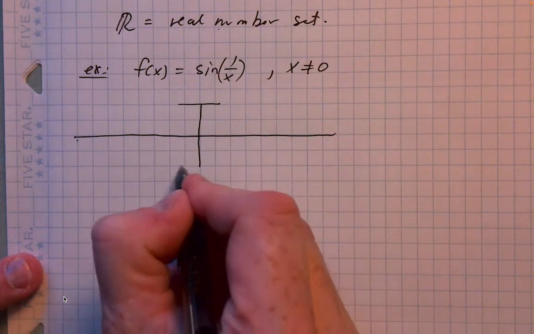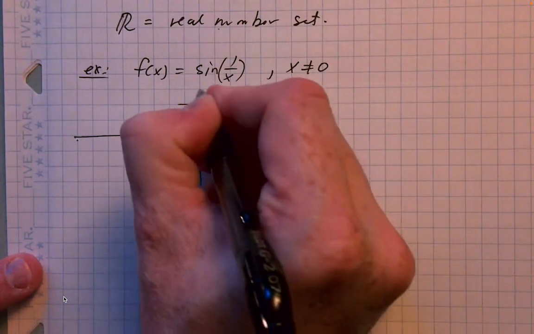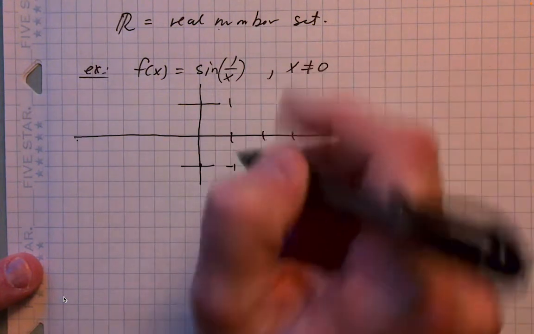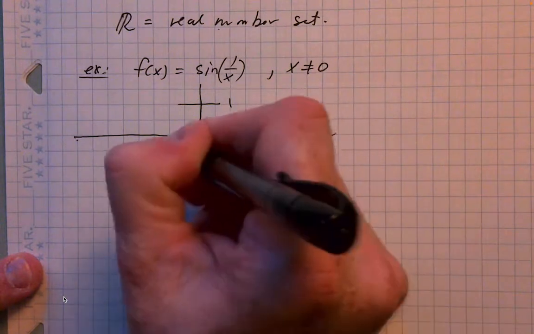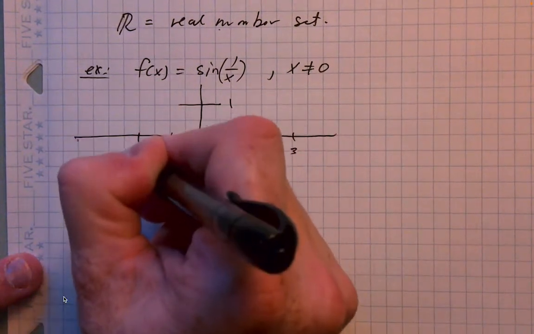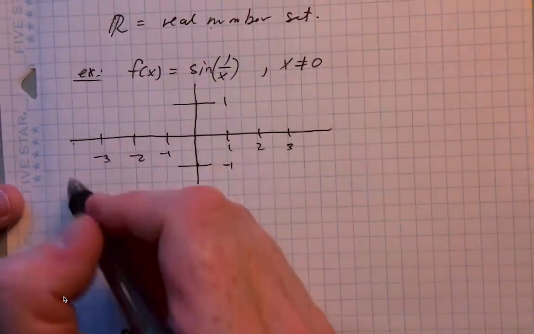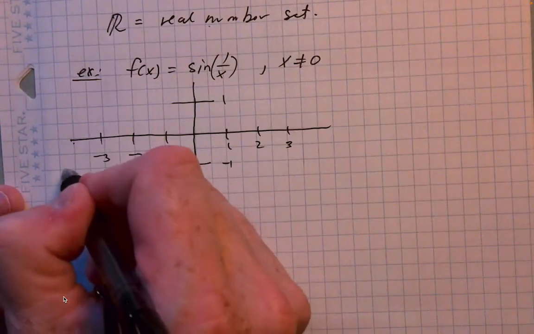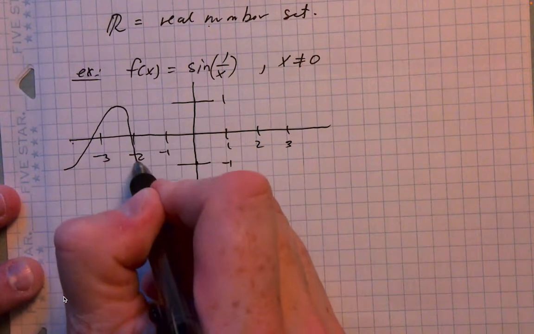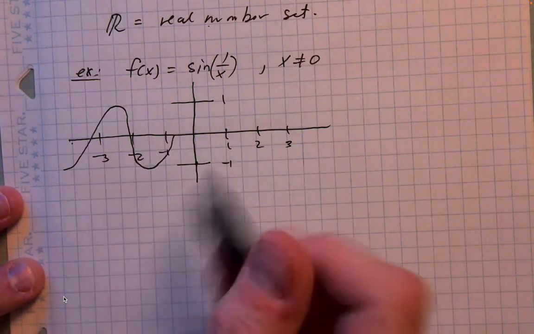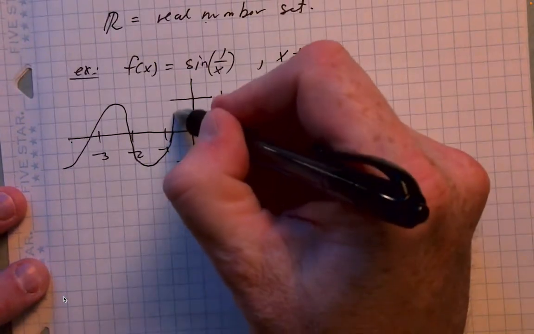Okay, so put those on here. So this is positive 1, this is negative 1, right? And then out here you've just got all of the x values. And then out here you've got all of the negative x values. Right, and so the function, it's a normal sine function. It's just got a weird argument. So it's going to kind of come in, this is obviously kind of me riffing on the idea of the sine function, but what it's going to do is it's going to get